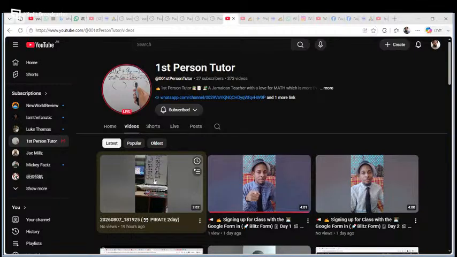So 2026 is 2026. 08 is the 8th month of the year, being August. 07, so it's August 7, 2026. 1819 means 12 from that is 6:19 p.m., with about 25 seconds in. That was the date, the day, month, year, and the time of the day that I did this video. Alright, enough about that.